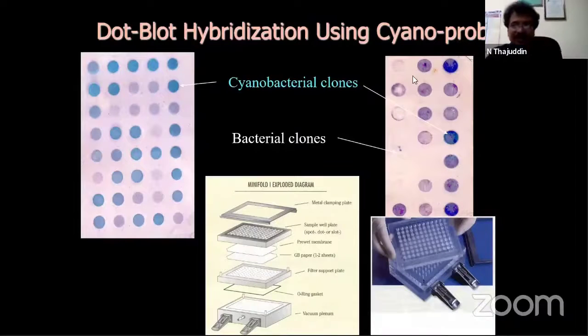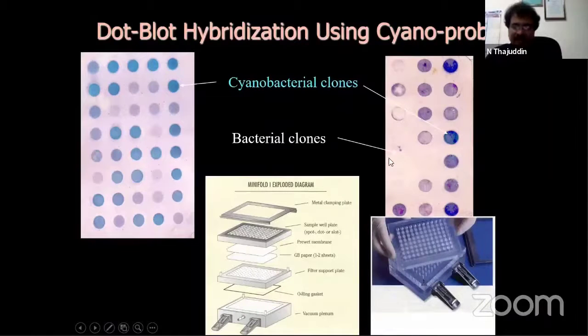This is the dot blotter apparatus, in which we place the Zeta-Probe membrane, and then load each and every isolated clone plasmid from the top. Finally, if you hybridize with the cyanoprobe, only the cyanobacterial 16S rRNA plasmids retain the blue color,